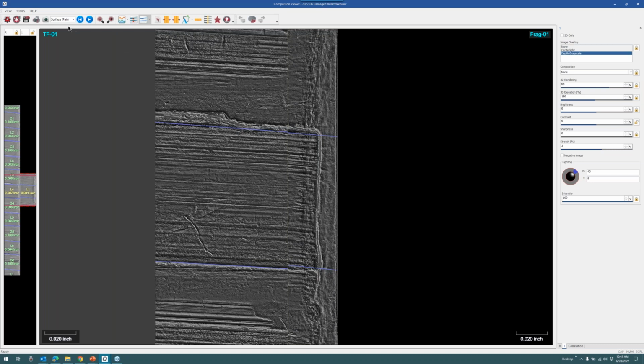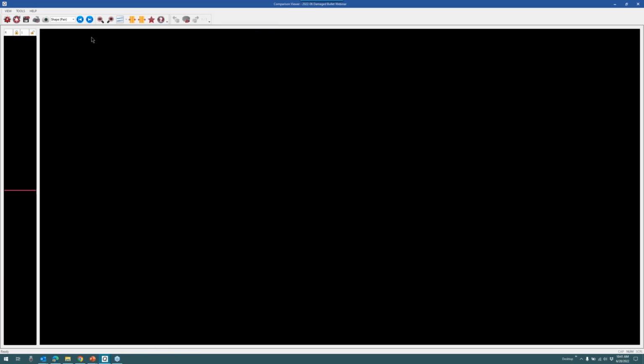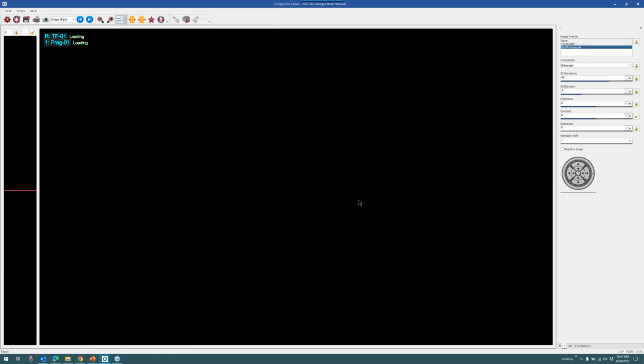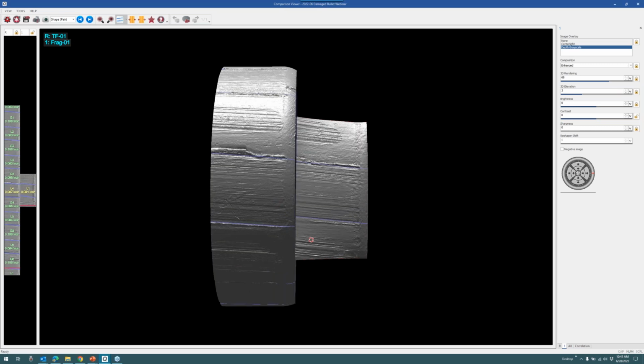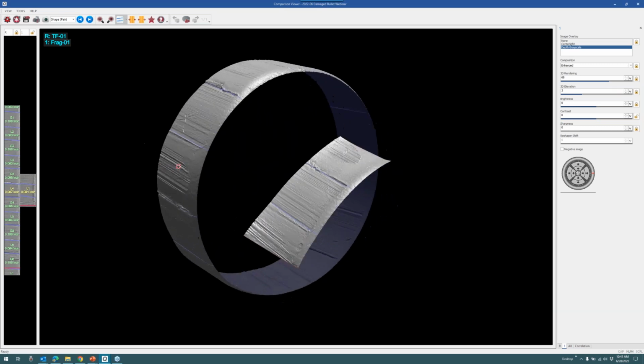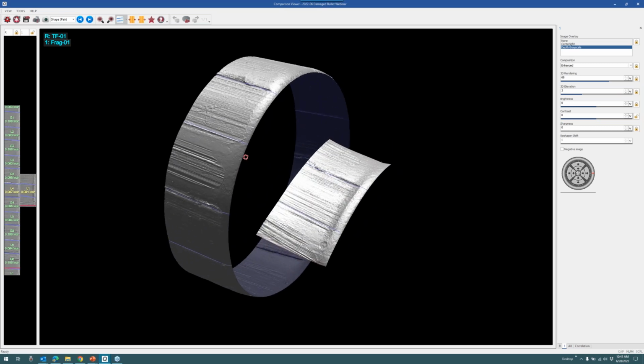There's another view that you can work with here as well. We're currently working a comparison off of the surface pair. If I want to, I can change this to that shape view as well. So we can do a comparison between these two items with their original shapes applied. And so if I move these guys in the 3D spectrum here, I can see test fire 1 here has